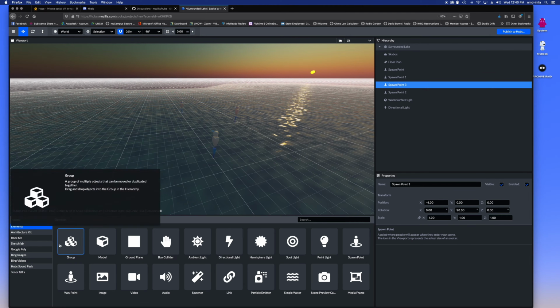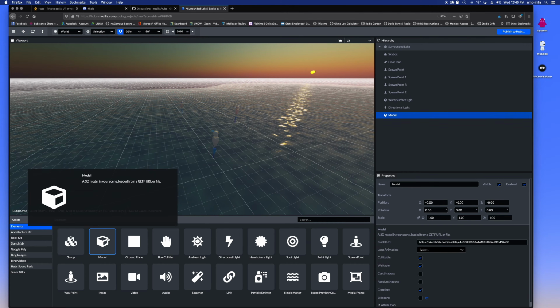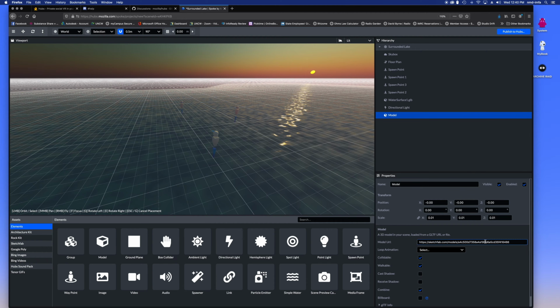I can bring a 3D model in, but a better way to do that, which I'll show you in a minute, is to add 3D models to your assets. But you can bring a 3D model in here. If I click on this, you can bring something in from a Sketchfab model URL, and some of these can have animations in them. You can make it so it's collidable, walkable, casts a shadow, all sorts of things like that. So if I wanted to come in from Sketchfab, I could go to Sketchfab,